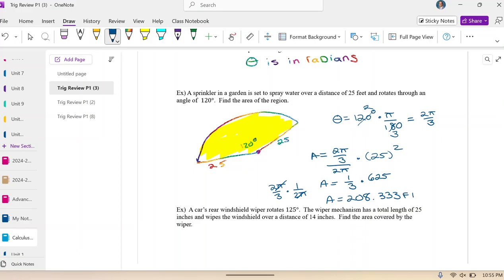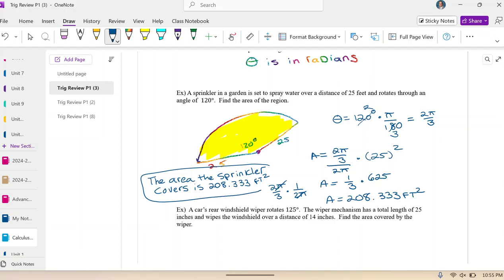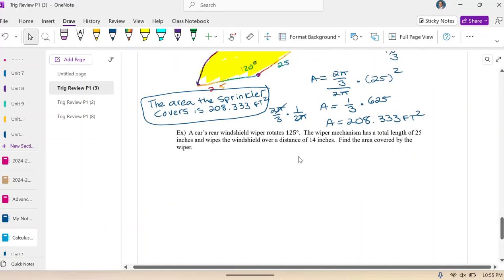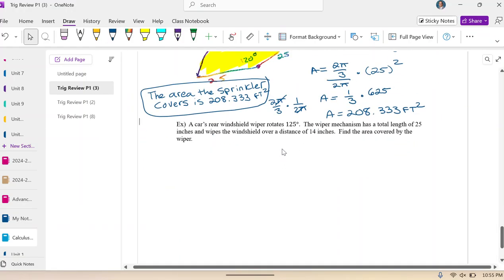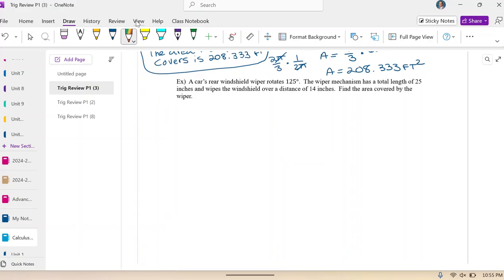And that would be square feet, because it's area. So we would say the area the sprinkler covers is 208.333 square feet. There you go. So the next one is a similar type of problem in that it talks about a car's